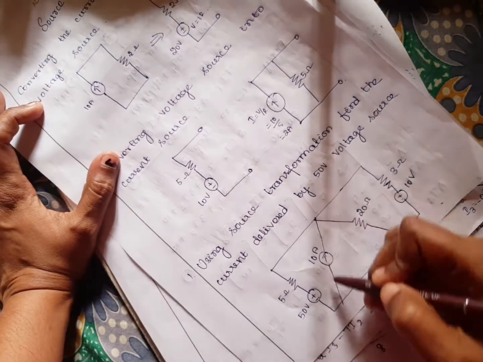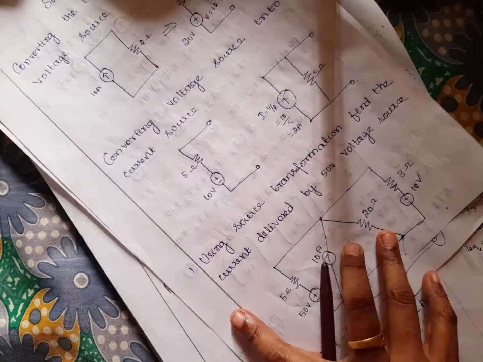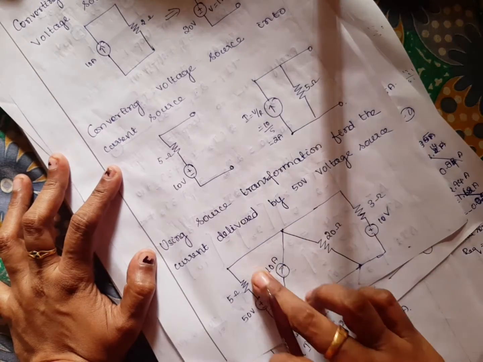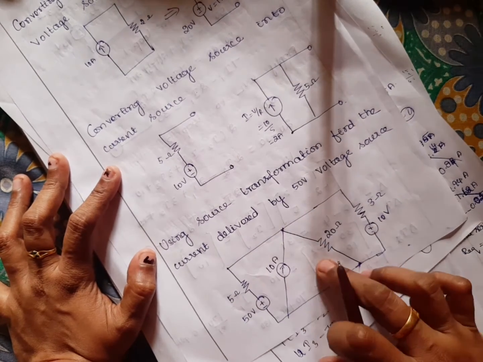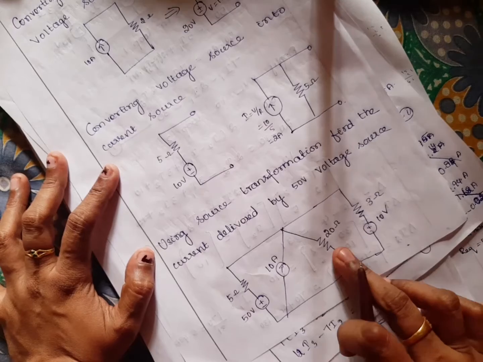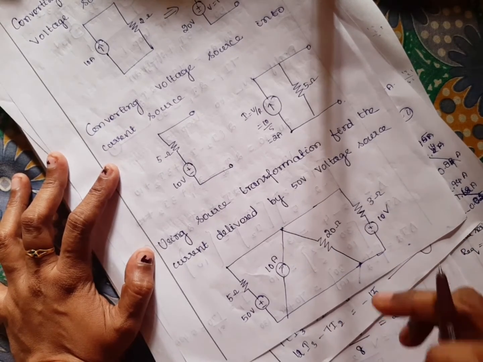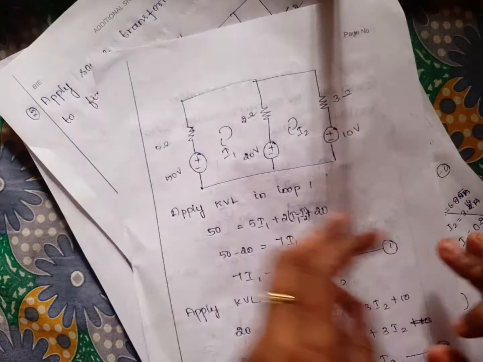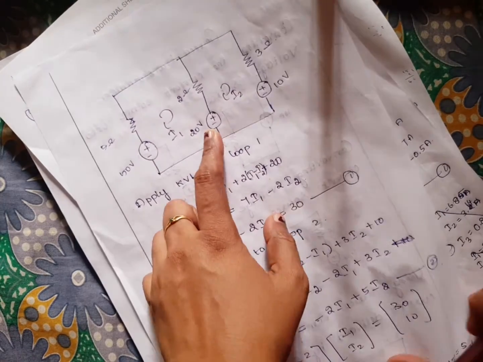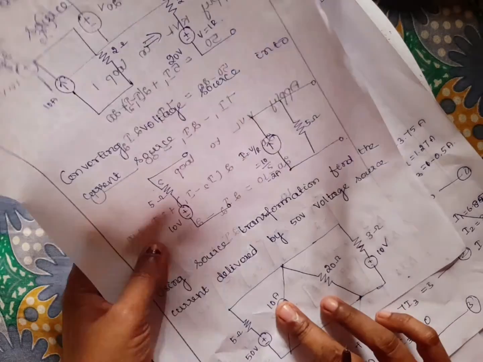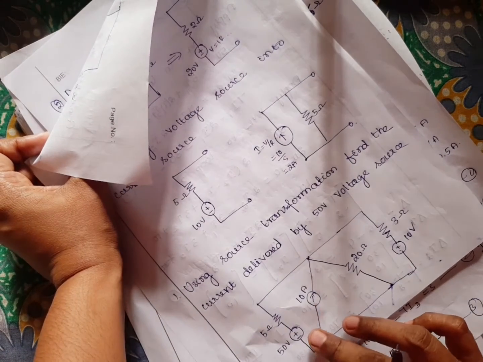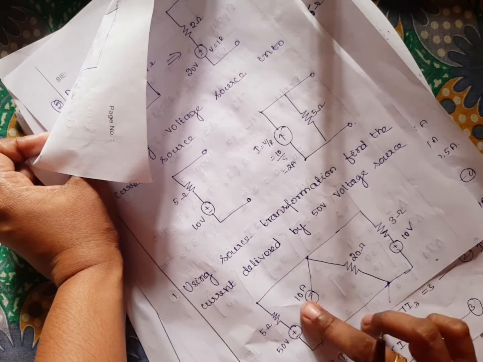Parallel. From one node, the current source and resistor are connected. Here voltage source is series. So now you can convert this to a voltage source. Since the current source is parallel to the resistor, using source transformation you can convert this to a voltage source. So while converting, what is the current source here? 10 ampere. Okay. So while converting to the voltage source, V is equal to I into R. So 10 into 20, what is the value?